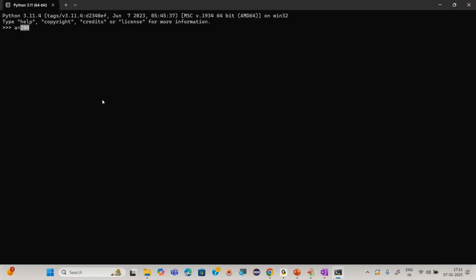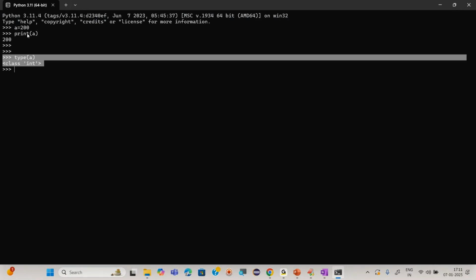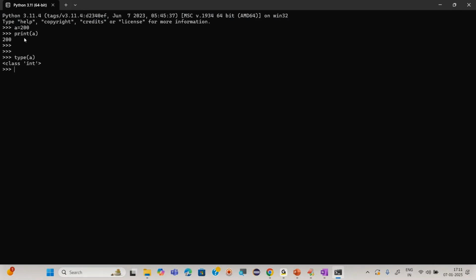You can check here: if I execute and print a, we know that 200 is an integer value, and I can check this with the help of type. Type of a is a class of int. Programmatically, in program terms, we call this value an integer literal.